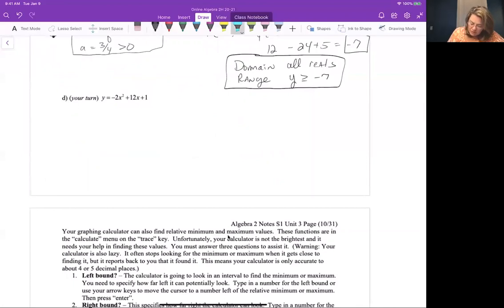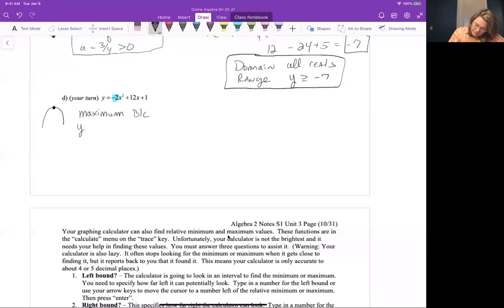First thing hopefully you notice is that we have a negative 2. So since I have a negative 2, the parabola opens down, which means I have a maximum. So it's not good enough just to say it opens down. I will say it has a maximum. I have to justify that because